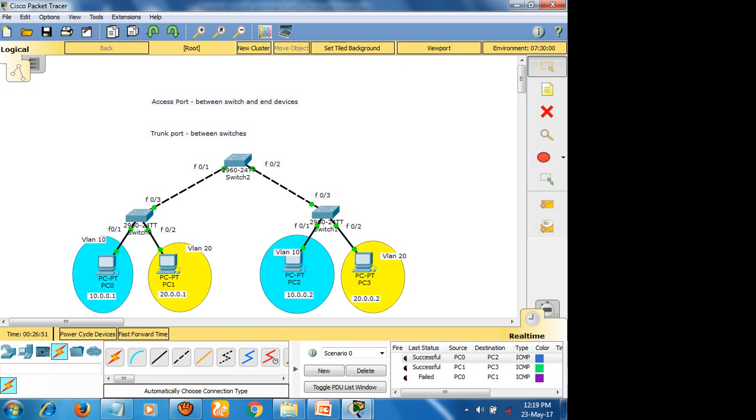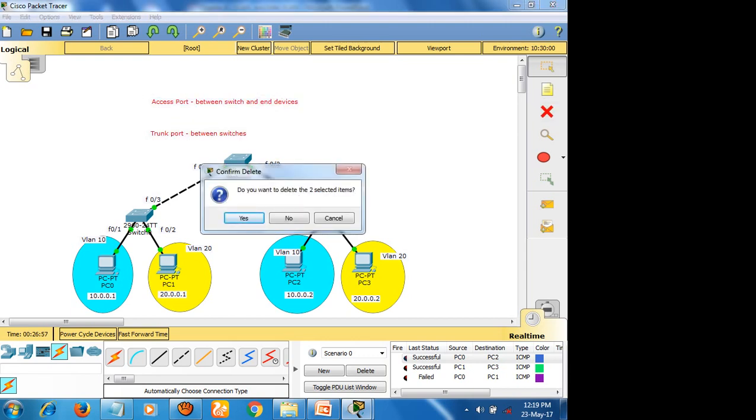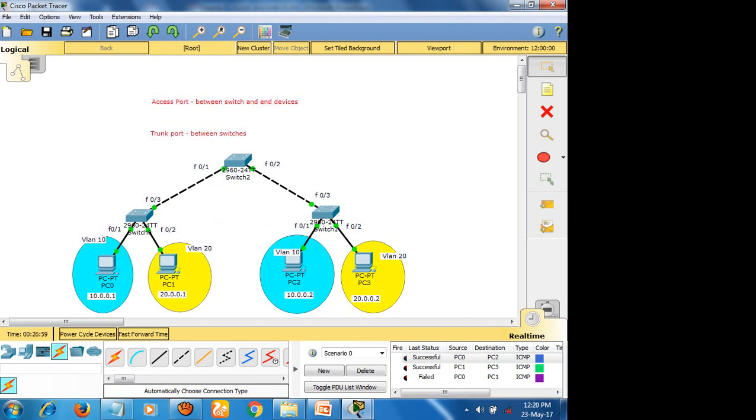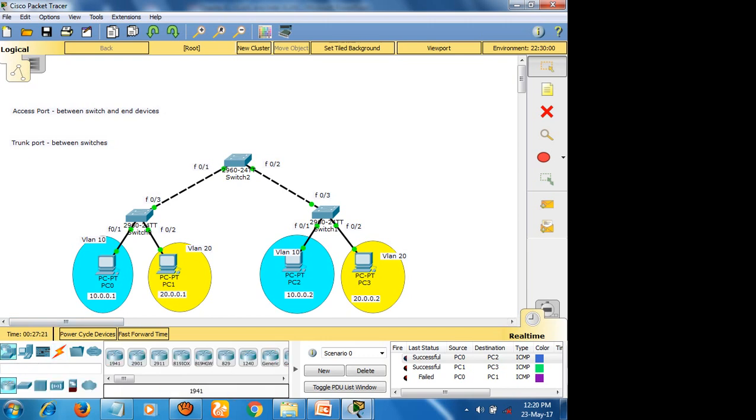In order to interconnect two different virtual LANs, we need a router, because the switch does not have the capability of routing between two different virtual LANs. So that is why we need a router.